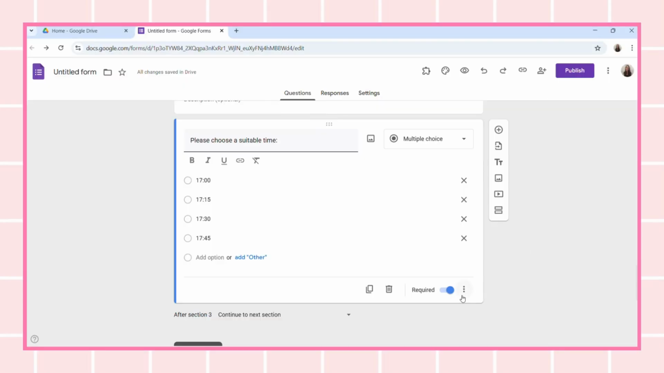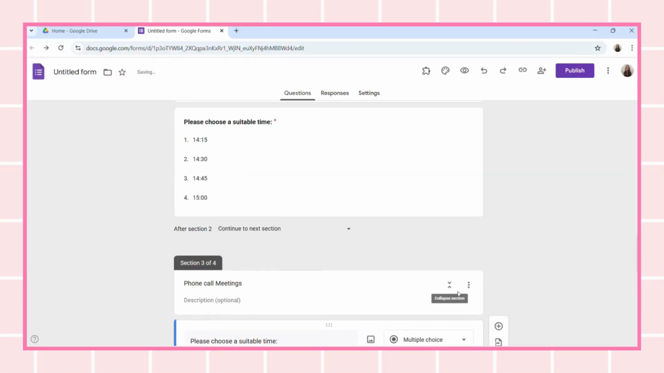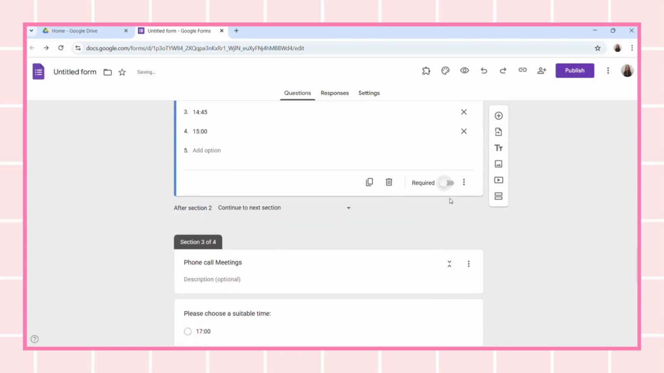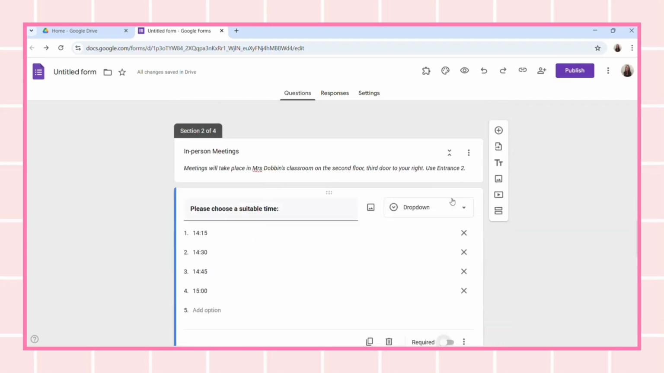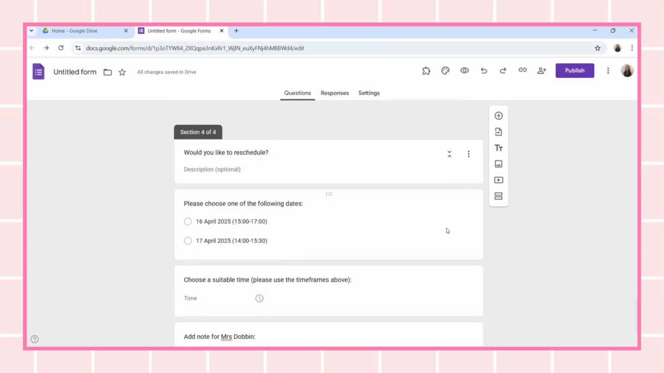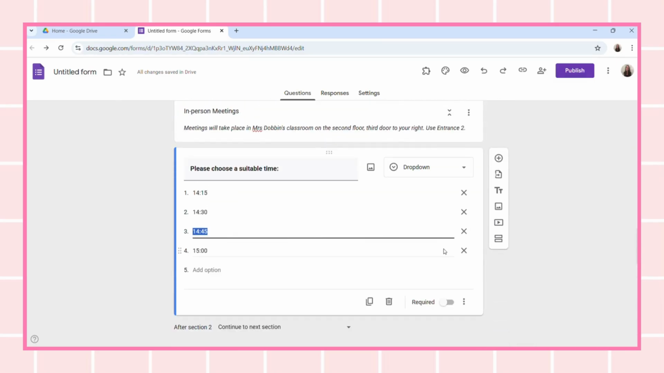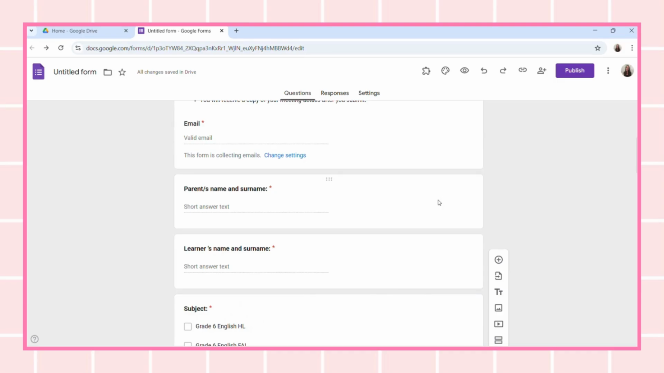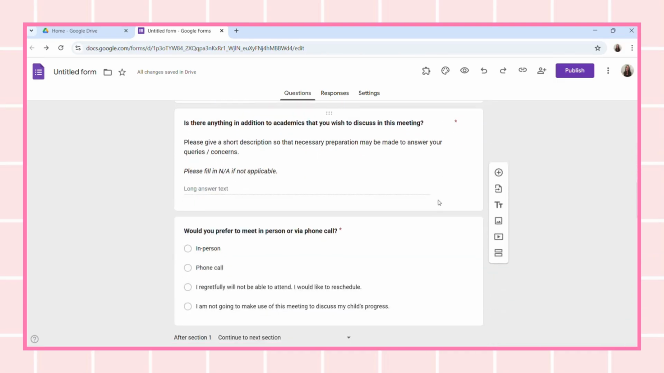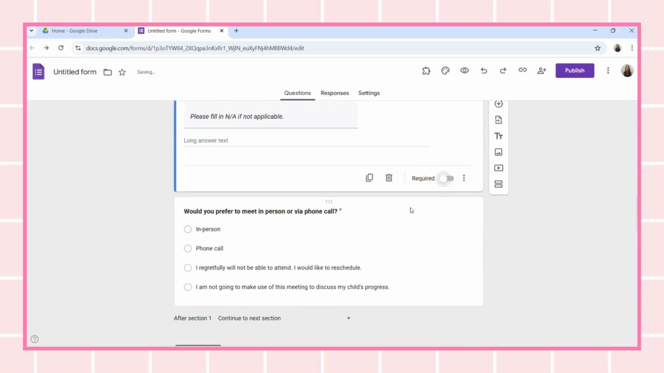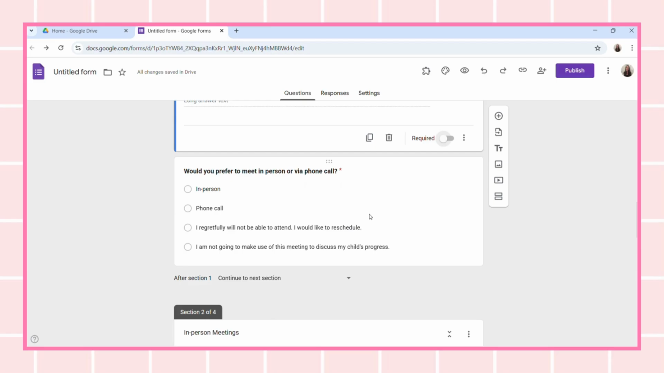So you're just going to go through all and just switch off the required for all the different sections that you do not need them to definitely fill in throughout. Okay, so I've turned it all off. The only one that you want the required section on is going to be the top section here. So the one with parent's name, learner's name, subject. This one we made optional, so it can be turned off, and then this one you do want them to also